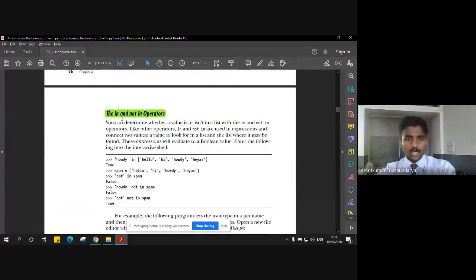Now, the in and not in operators we will discuss. In and not in are the operators which are used to compare a particular value with respect to the list. For example, if I want to search something in a list, then I will make use of in, right? If I want to know whether this particular key element, the list value or item, is present in a whole list, I'll make use of the operator in. And if I want to see whether that particular element is not there in the list, I'll simply use not in. So here is the simple example.